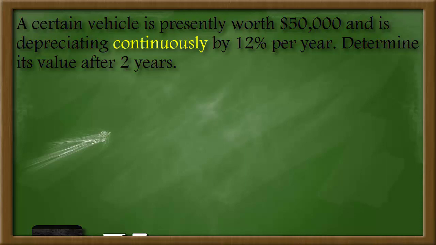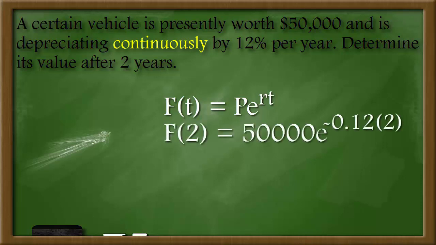Consider a certain vehicle worth $50,000 that is depreciating in value by 12% over time. A vehicle depreciates continuously, that is, at every moment. It doesn't wait until the end of the month or at the end of the quarter. To model this, we use the function f(t) = p e^(rt). In 2 years, for example, the value of the vehicle is